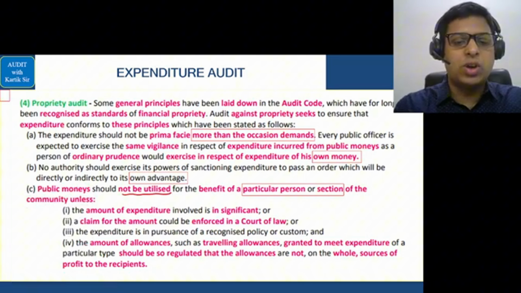That is basically, suppose the local body was earning some money by way of tax. Let's say they were earning some money from octroi duty. And let's say any vehicle that enters, any truck that enters from the Mumbai border, whatever toll money the truck paid, let's say 70% was going to the local body and 30% was going to the state government. Suppose it was like that.